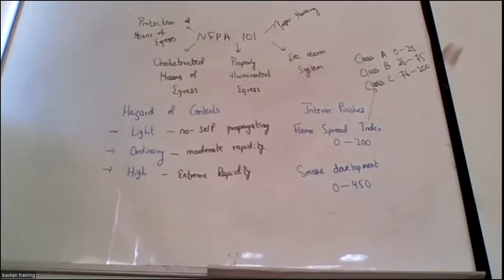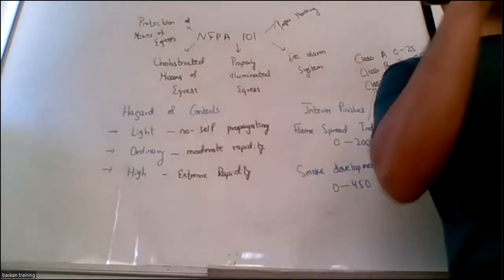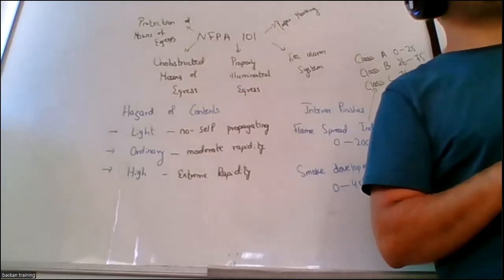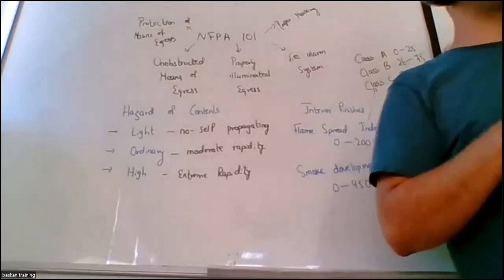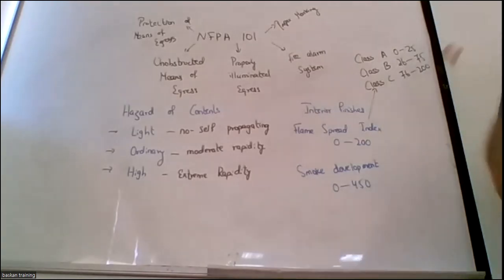Now these are very important. Why? Because when we'll be discussing building services about the elevators, NFPA 70 will indicate that the elevator car should be made of material that may have a flame spread index from 0 to 75. It means the material should be class A or B material, and you can use any. So when it says 0 to 75, it indicates class A or class B materials.